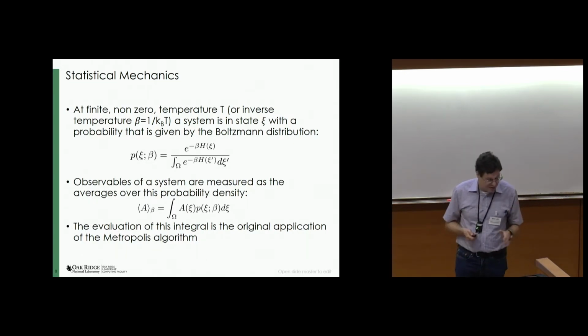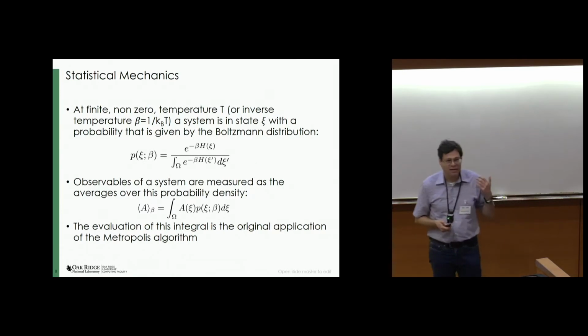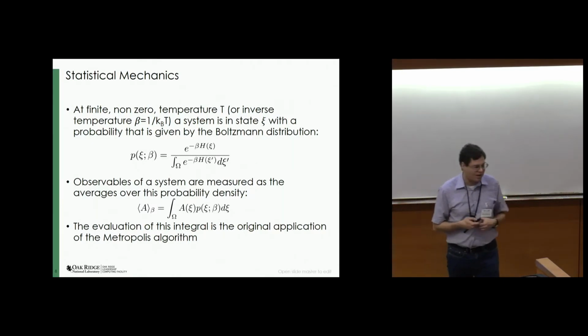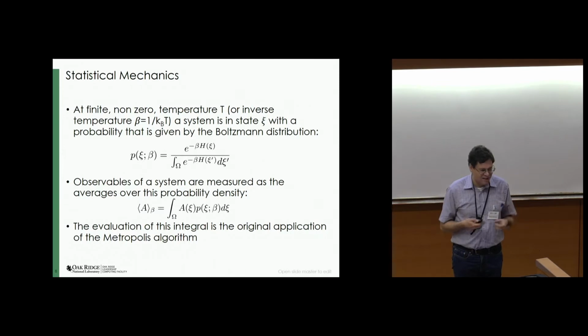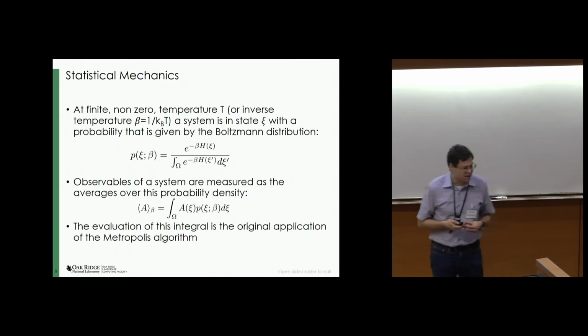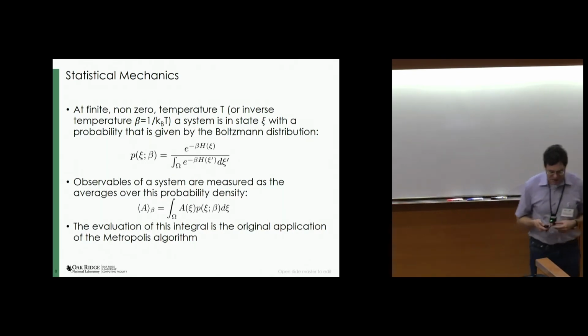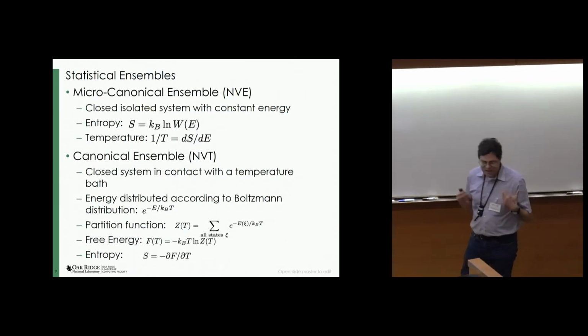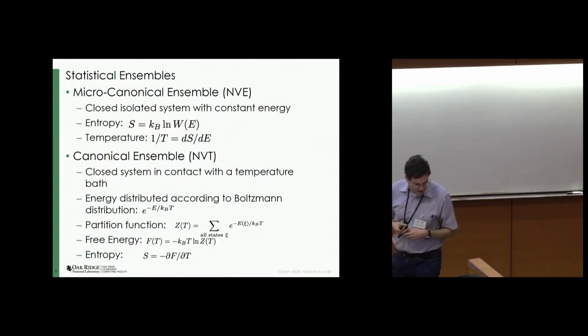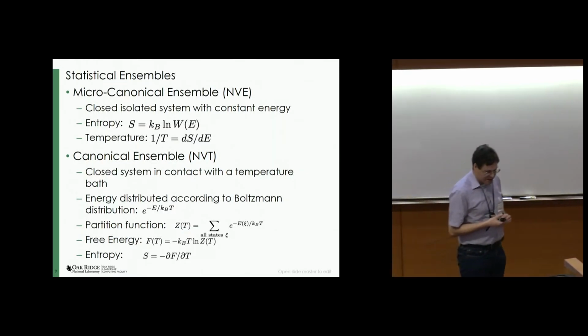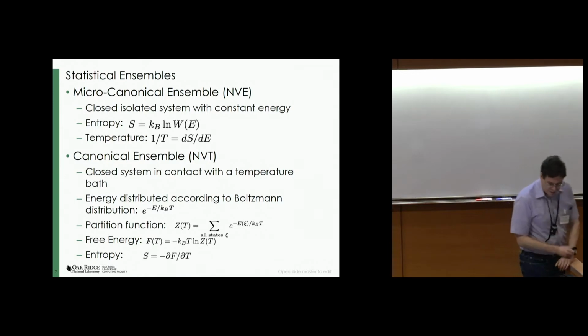And this is actually also the very original application of Monte Carlo sampling, of the Metropolis algorithm. Metropolis, Rosenbluth, Teller's paper was basically sampling physical distributions. So